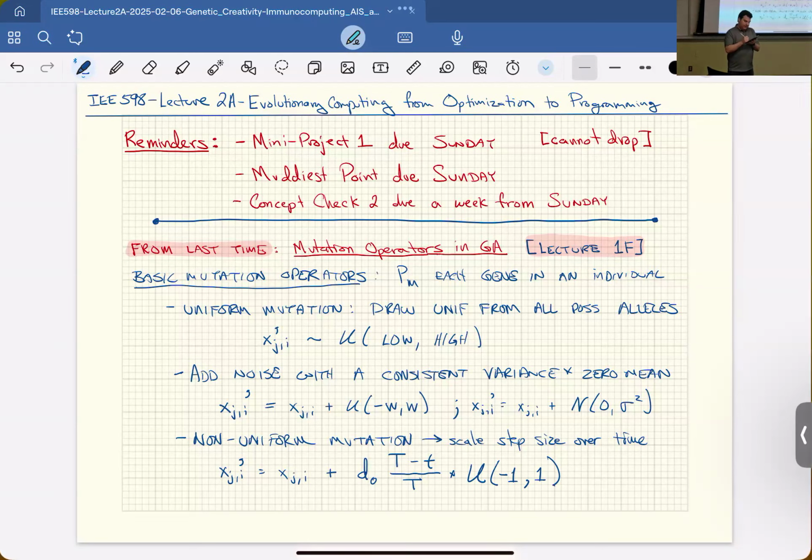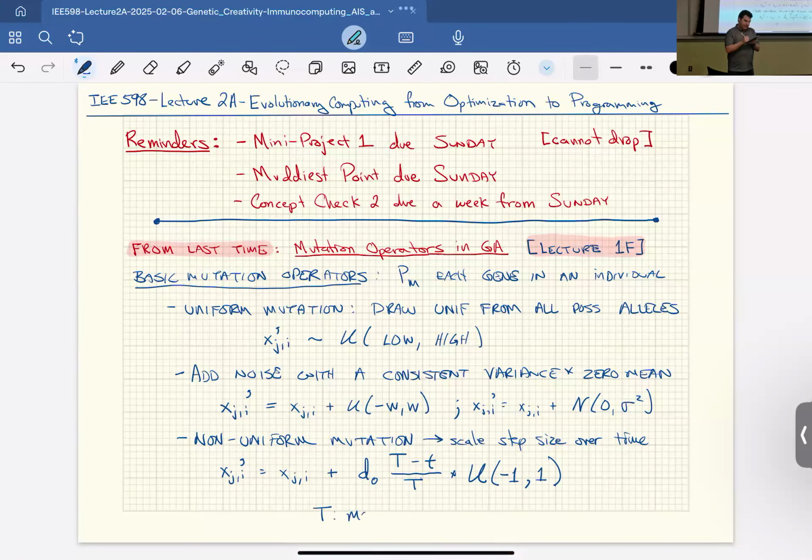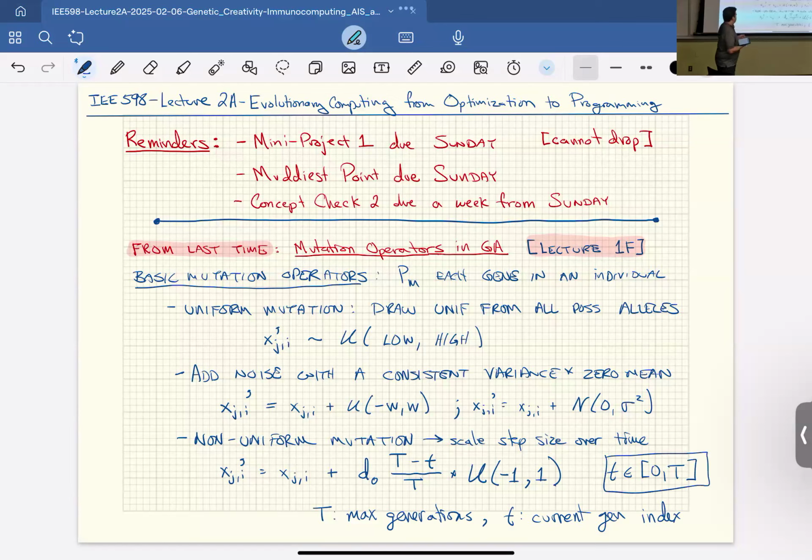And here I'll just write that T is max generations and little t is current generation index. And little t is between, let's say, 0 and big T. This is a reminder. So that allows us to start with big steps and then over time take finer grain